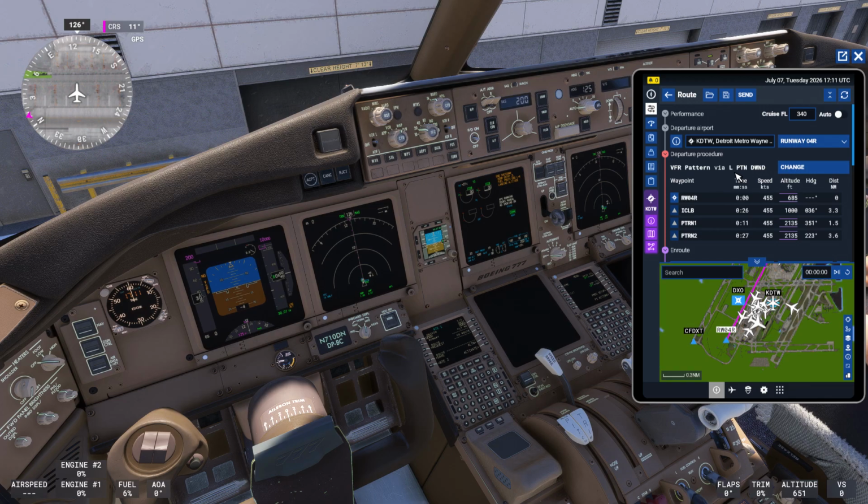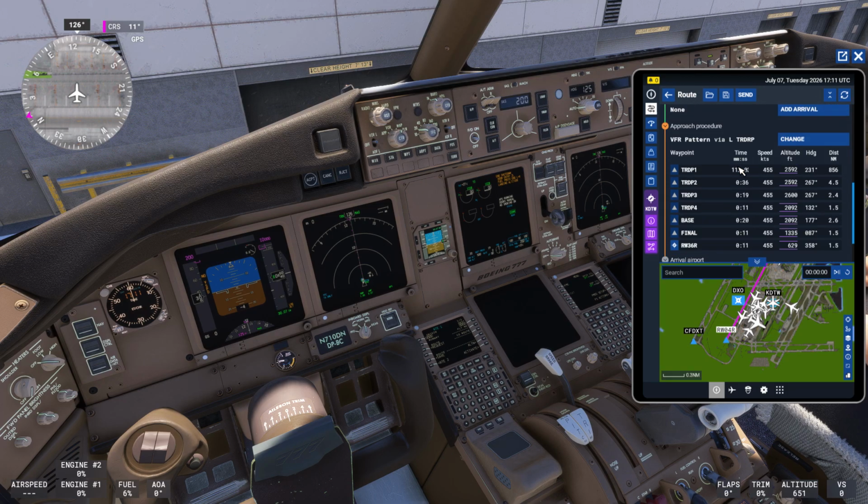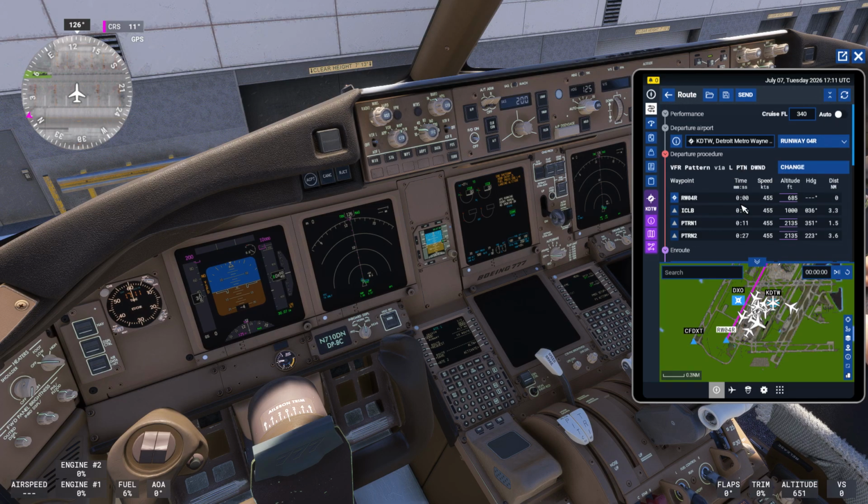When you first open up your flight bag, this is what you're going to come across. It's a VFR setup, or visual flight rules, and it basically will give you the recommended runway, initial climb, pattern 1, pattern 2. Now if we zoom out a little bit, we can see these specific parts here. So here's your initial climb, pattern 1, pattern 2, and then if we zoom out